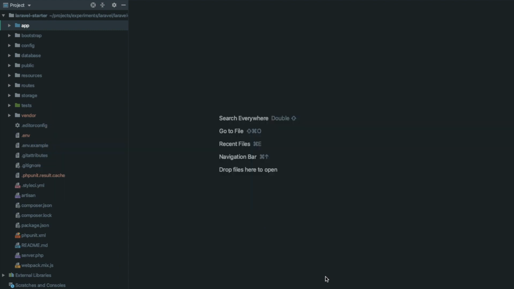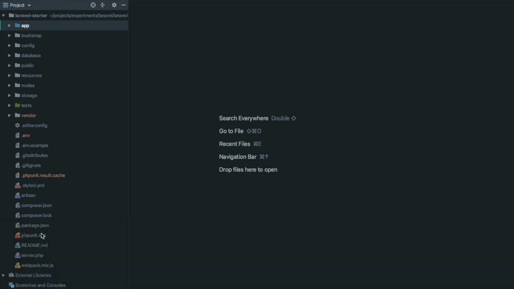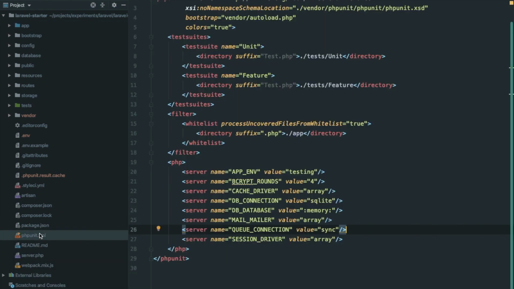Let's start. So the idea behind the TDD approach is to first make the test case before writing the actual code. So writing API code becomes easy once you have already figured out all the things you will be doing in the API while writing the test case, and you can validate if your API is working as expected by running the test case. Okay, so first let's look into this file, phpunit.xml.